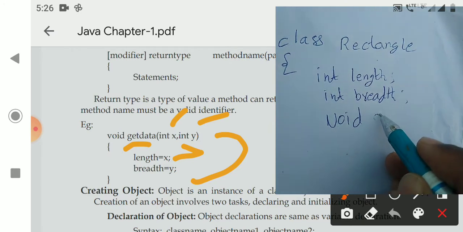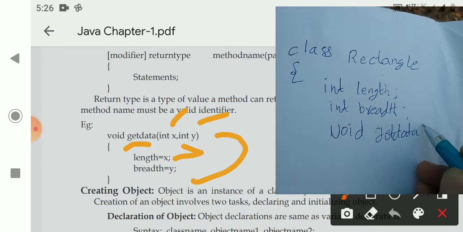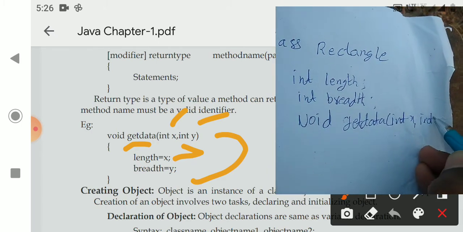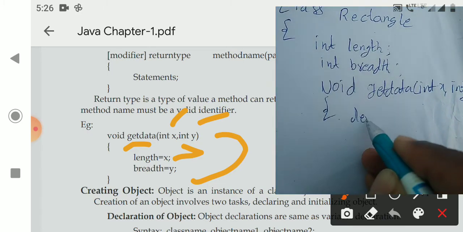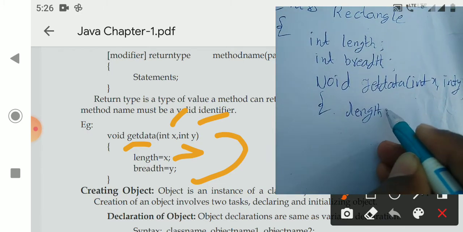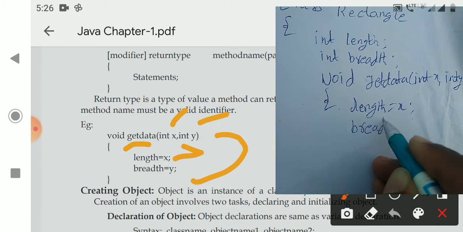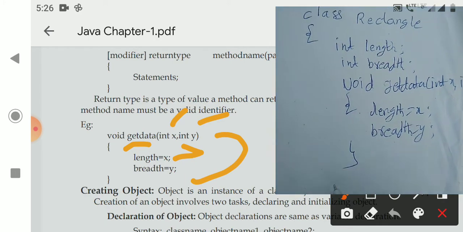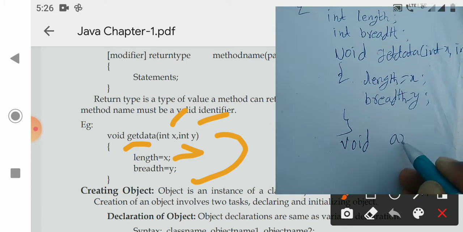Void, for example, getData. It will take two parameters x comma y. Here length is equal to x, breadth is equal to y. Close.